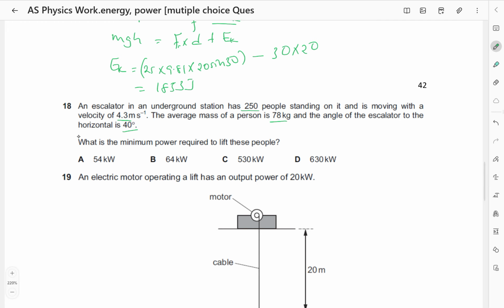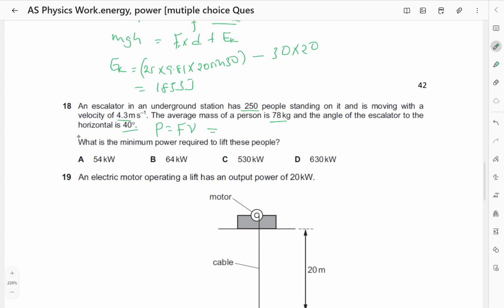So we note that power is going to be force times velocity, but remember there's an angle and it is moving with a velocity of 4.3. So we can assume that the velocity is constant, so the resultant force is zero. The component of the weight down the slope is equal to the driving force. So power is simply going to be the force times velocity. And the force upwards is going to be the same as the force downwards because it's moving with a constant